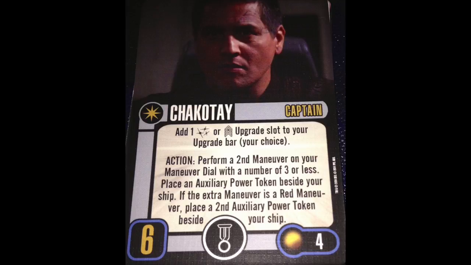I really like the named ability here. Doing a second maneuver is a great ability. This just says, hey, I want to move again, so let me do that. Paying an Ox to do that? Perfectly reasonable. It's like having the engage talent, except without the other stipulation of having to have done a green